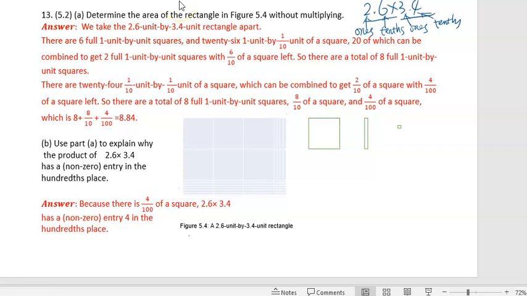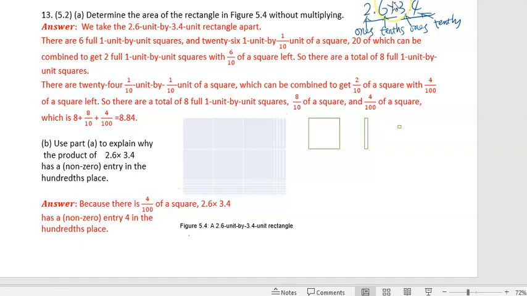Determine the area of the rectangle in this figure without multiplying. So in this figure, we have a shape with dimensions 2.6 by 3.4. And we know to find the area, we need to use the length times width,